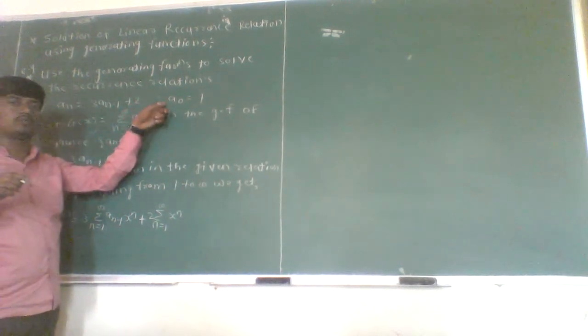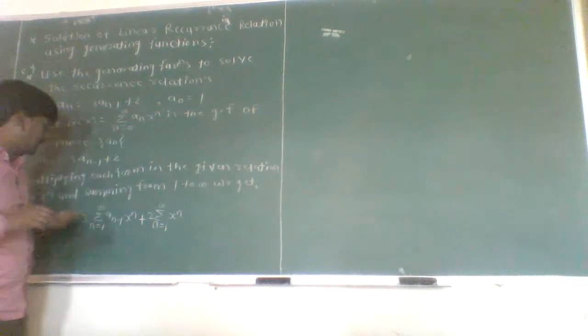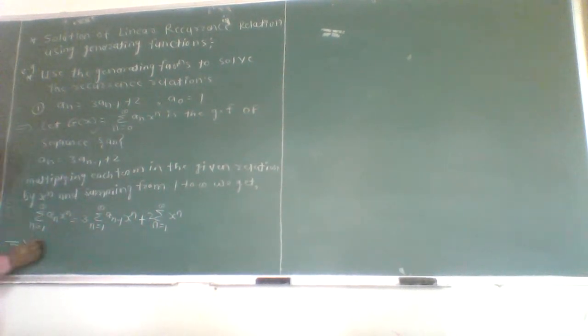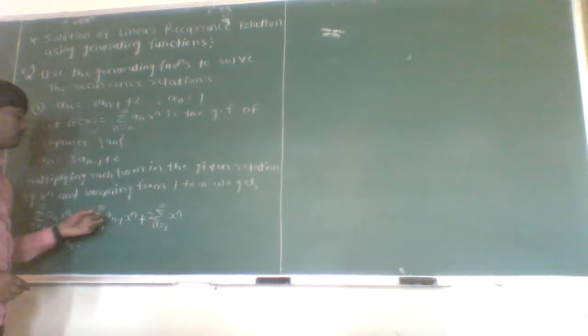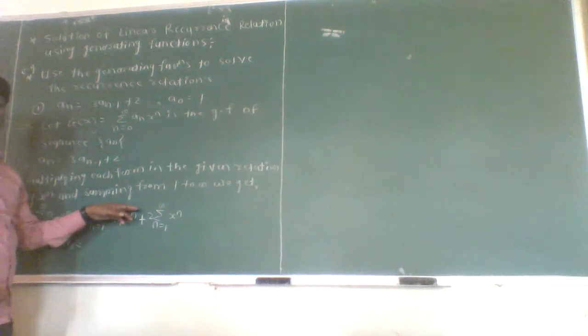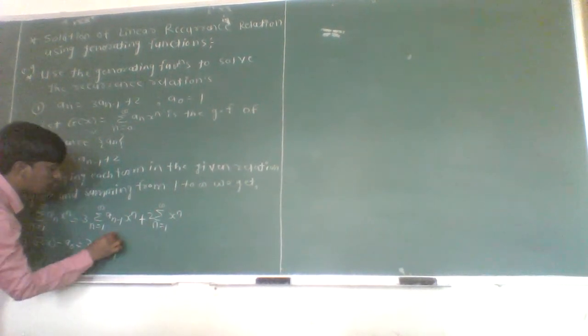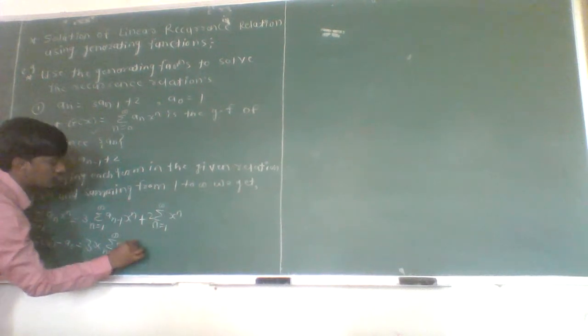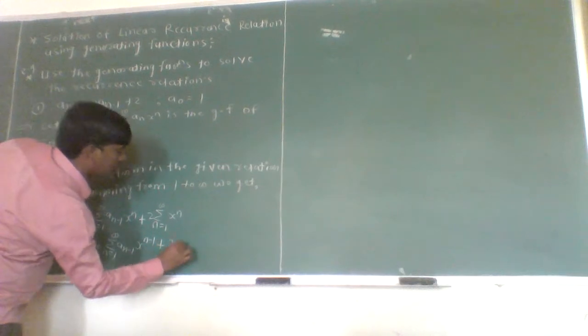a_0 x to the power 0, and x to the power 0 is always 1. Therefore a_0 is missing here, so the left-hand side is actually nothing but g(x) minus a_0. On the right, here the summation is running from 1 to infinity, and the first term will be a_0 x to the power 1. So let us take 3x common. Therefore we get 3x summation n running from 1 to infinity a_(n-1) x^(n-1) plus 2 into